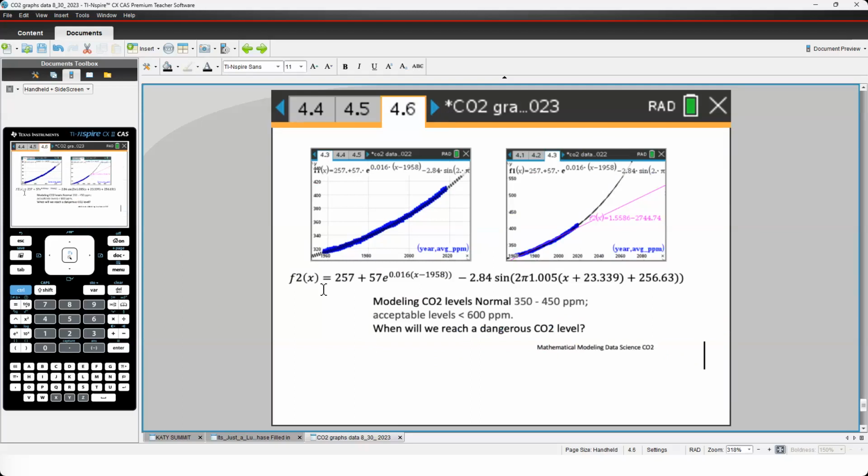I've had really gung-ho kids play with this and try to come up with their own model. I don't necessarily show all my classes this very complicated model, but they can actually play with what if we predicted where the 450 would be? Because remember, that's the danger level. What would we consider going beyond acceptable? When will we get to 600? When will we get to 450? What different models should we be using or thinking about? So there's a lot of things that kids can do here if you really want to explore it all.